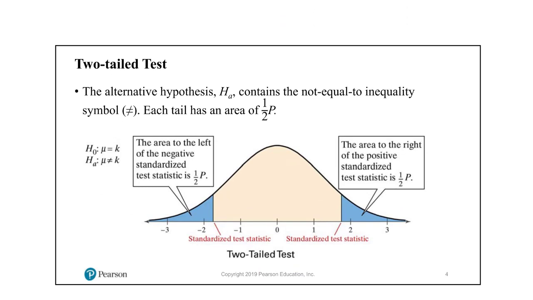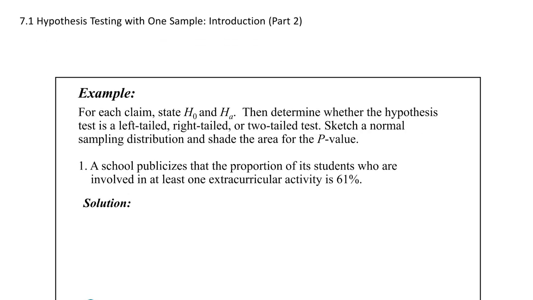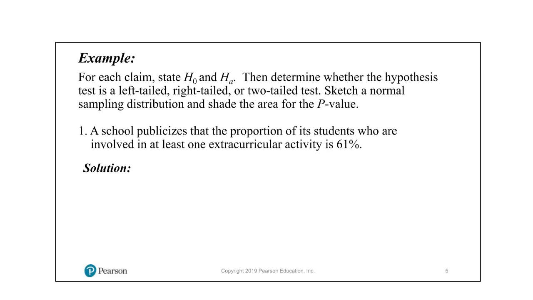And then the two-tailed test. If the alternative is a not equals to, then we have to break it up. What we're saying by not equals to is that there's a whole region in the middle for the equals to, and then the not equals to is split in two, with half of the probability in one tail and half of the probability in the other. So that's the two-tailed test. All right, for example,